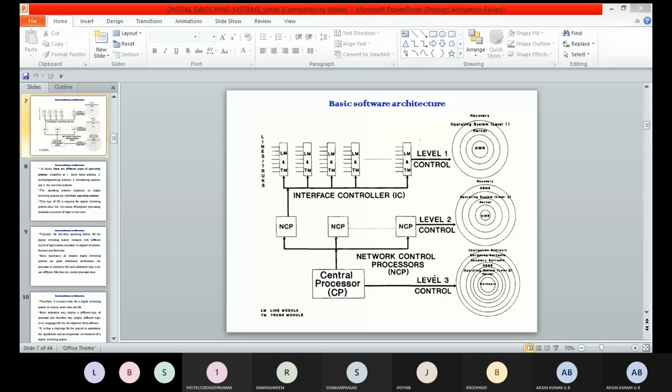Suppose you go for making a call to other people, what actually happens is identification: is that a valid customer or an invalid customer? They will check through this relational database. This is the customer data. They will check that he is valid, and then proceed. That's why database management is of two types: one is relational and the other is distributed. And then the kernel is over, the operating system is over,